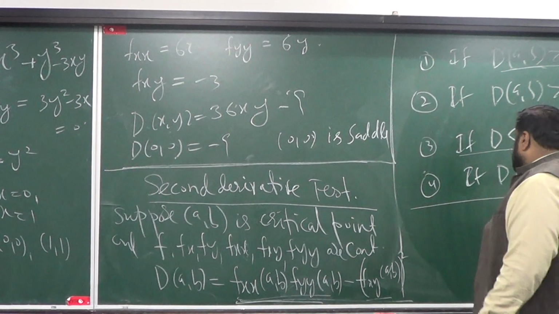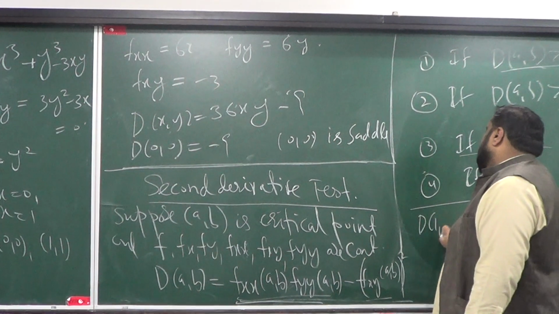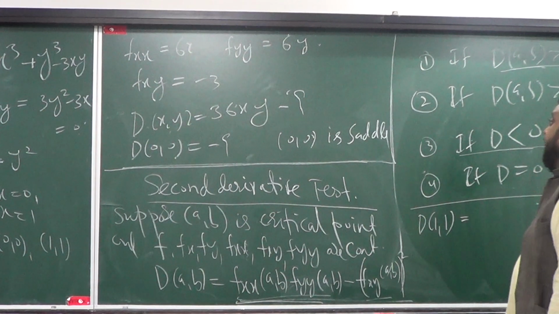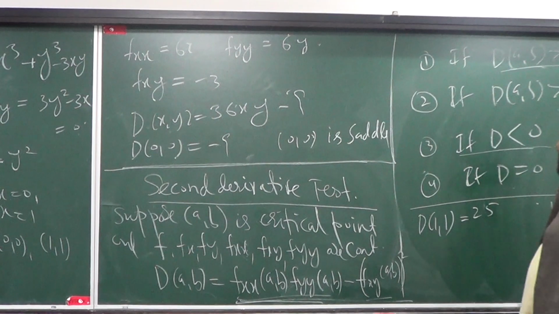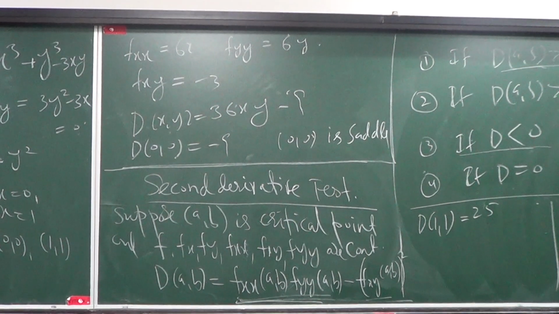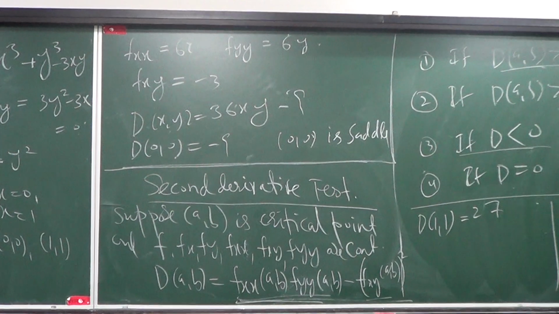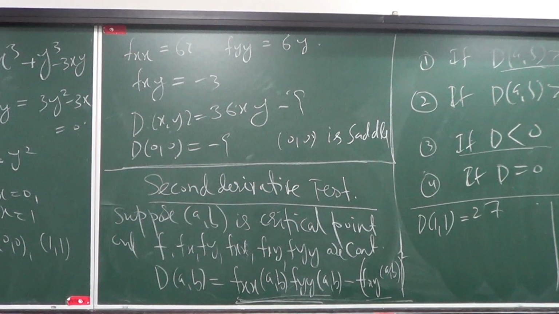How about 1, 1? So D evaluated at 1, 1 gives you 27. 27, 36 minus 9. अहमद खान की बातों पे यकीन नहीं करना चाहिए। मैंने 27 करके फिर 25 कर दिया उसने। चलो ठीक है।